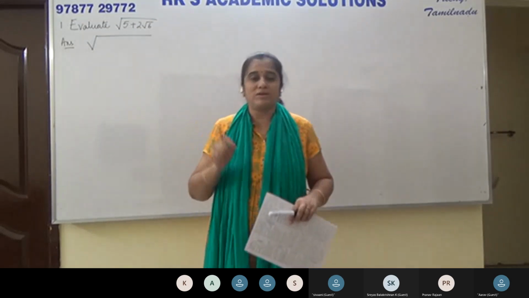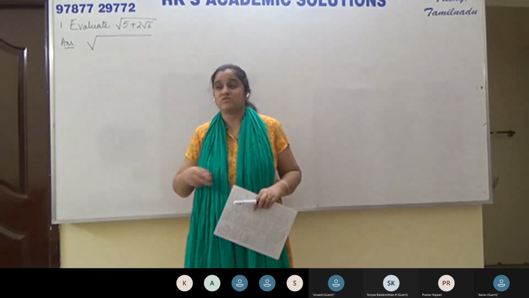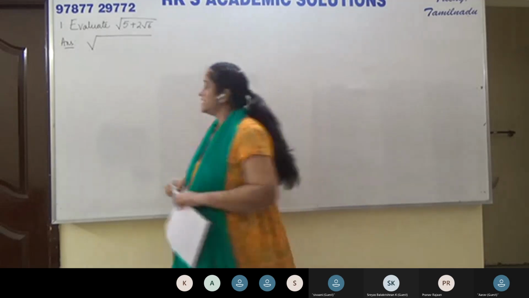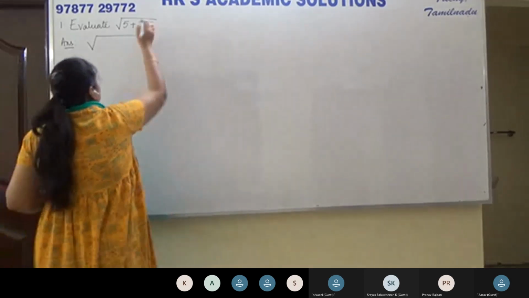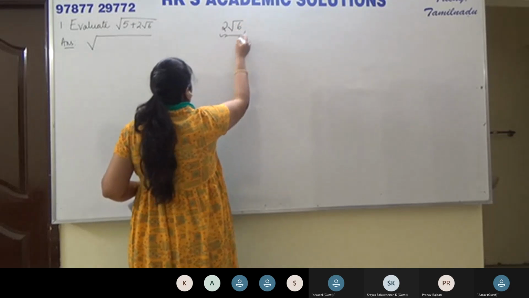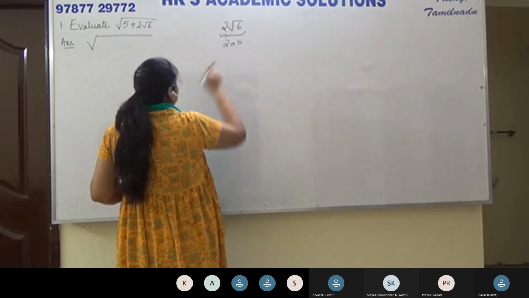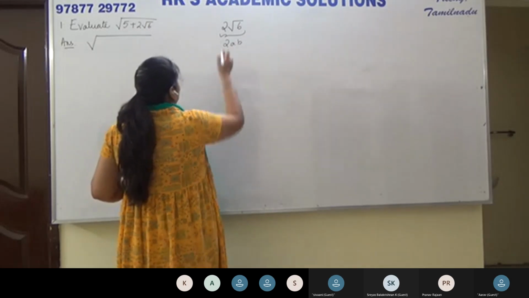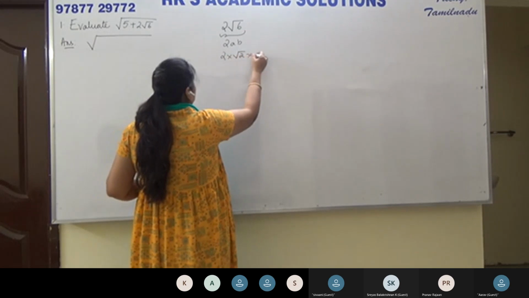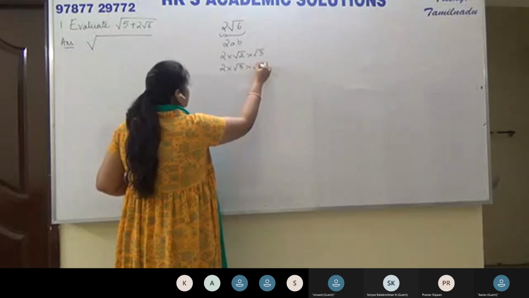Now you have to split 5 in such a fashion that you can make this expression look like a square plus b square plus 2ab. So see here. For that, take the third term involved there, 2 root 6. Now we're going to look at 2 root 6 as the middle term 2ab. Now 2 root 6 can be further written as 2 into root 2 into root 3, or 2 into root 3 into root 2, whatever.